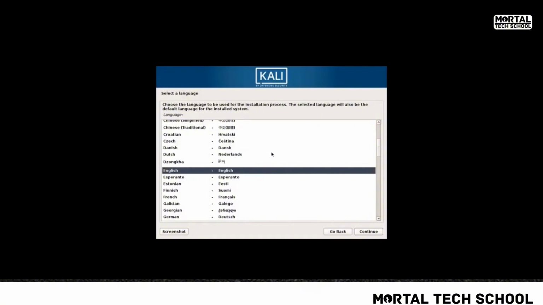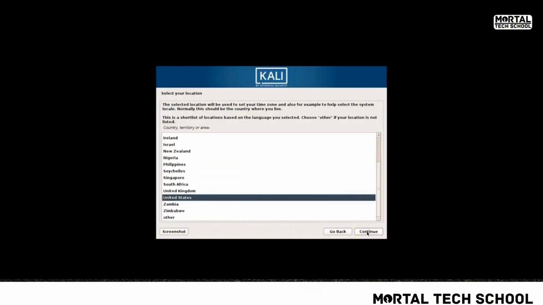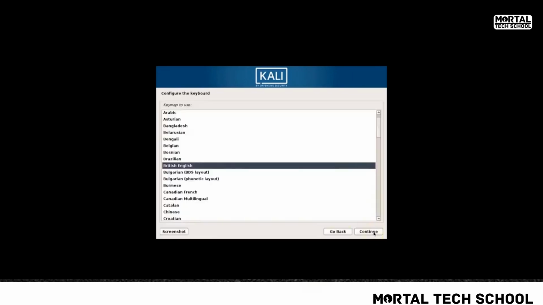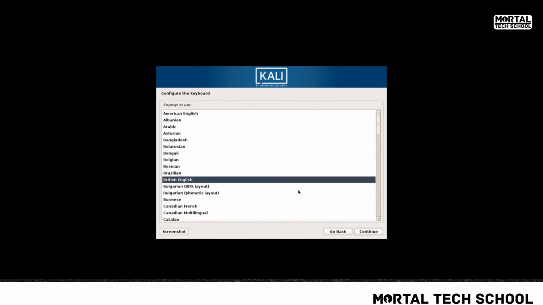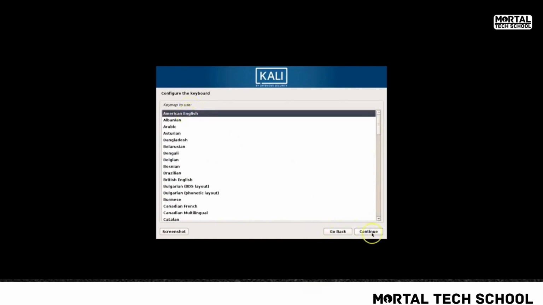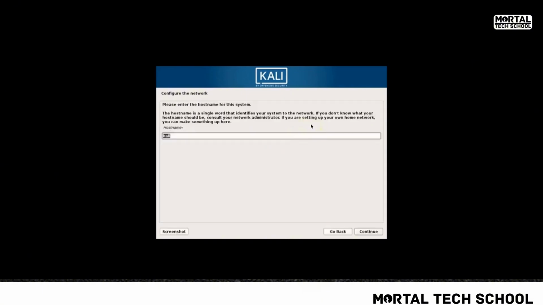There it is. Which language do we want? For now, we want English. Click on continue. Where are we located? Click on continue. And configure your keyboard. We want US keyboard, American English. Continue. It is going to detect the hardware. So as you can see on the screen, it's attempting auto configuration for most of these settings. The network with DHCP,